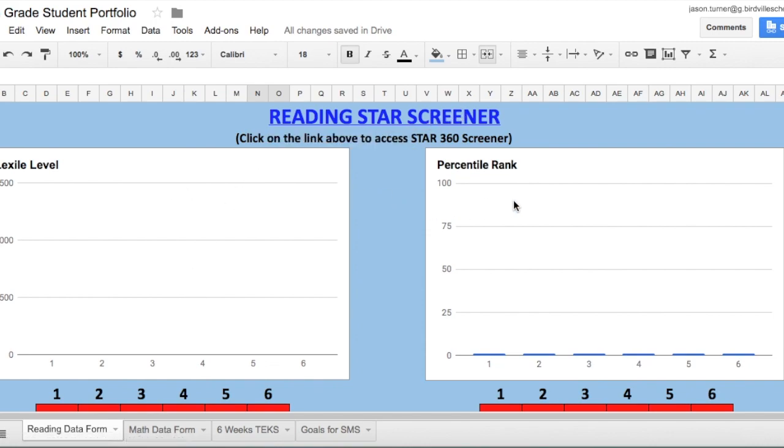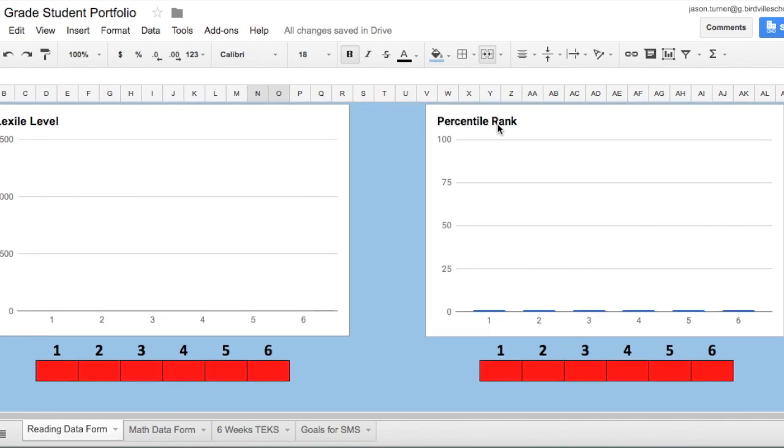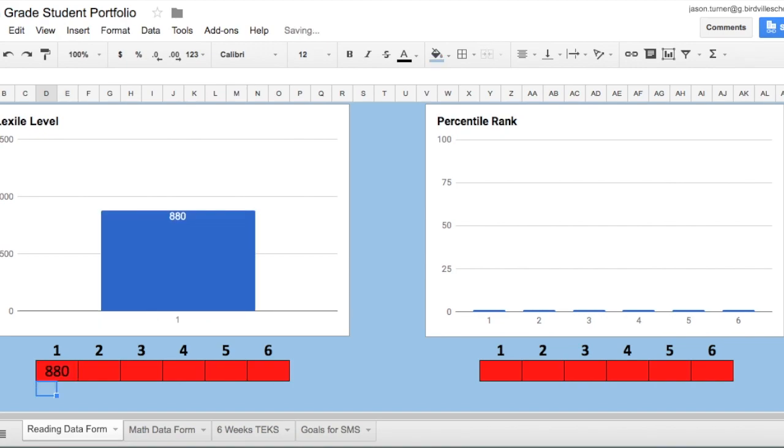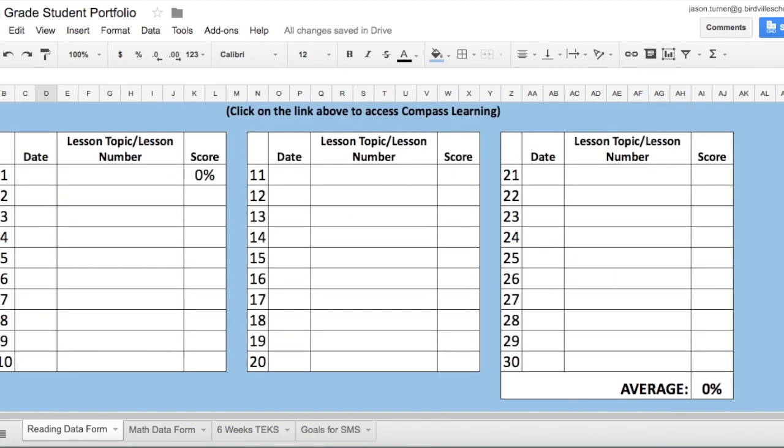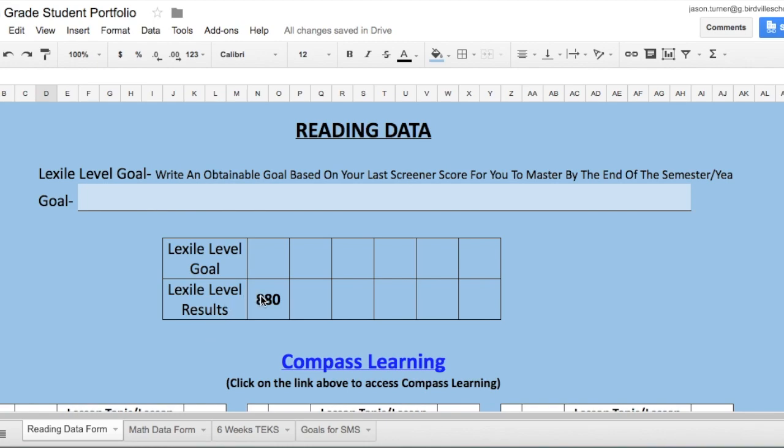And these are the two tables that you will put your data in for the screeners. The first one's the Lexile level, and the second one's your percentile rank. For your Lexile level, once you put it in, you will come back up here at the very top and you will see that auto-populate up at the top. So this will give you an idea of where you are with your goal